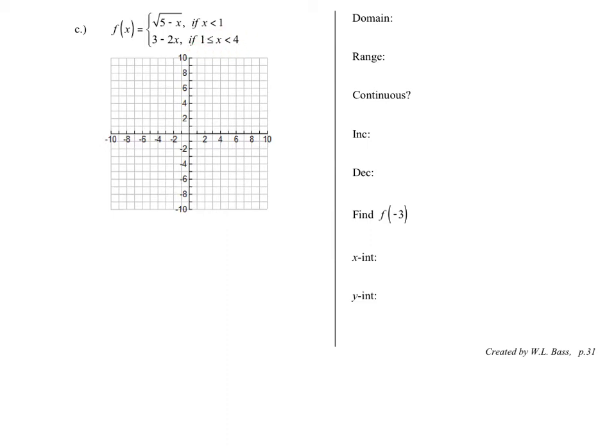So the first thing I'm going to do is work with that square root function. Now, I should be able to recognize that this square root function has a horizontal shift because I can see something's been added or subtracted, and I have a reflection. What might be helpful is to make a small t-chart here. So when I make my t-chart, I'm going to take this 5 minus x, my radicand, and I want to set that equal to values that are easy to work with my